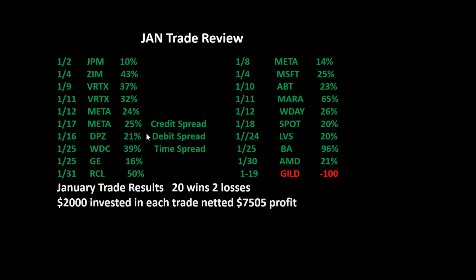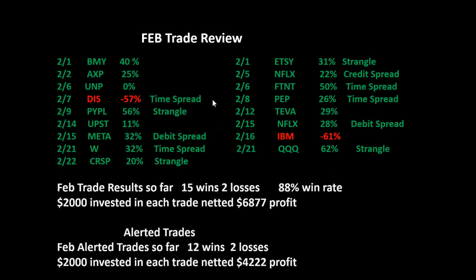Another credit spread, a debit spread, a time spread. We spread it out quite a bit. This Mara was a nice trade at 65%. Microsoft again, 25%. Zim was another nice one at 43%. So we had some nice wins in January, and in February so far, these are February results so far: 15